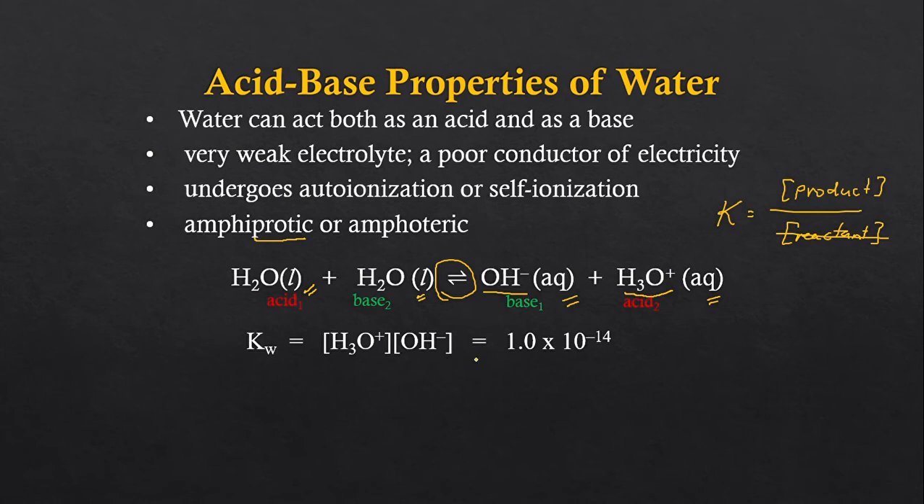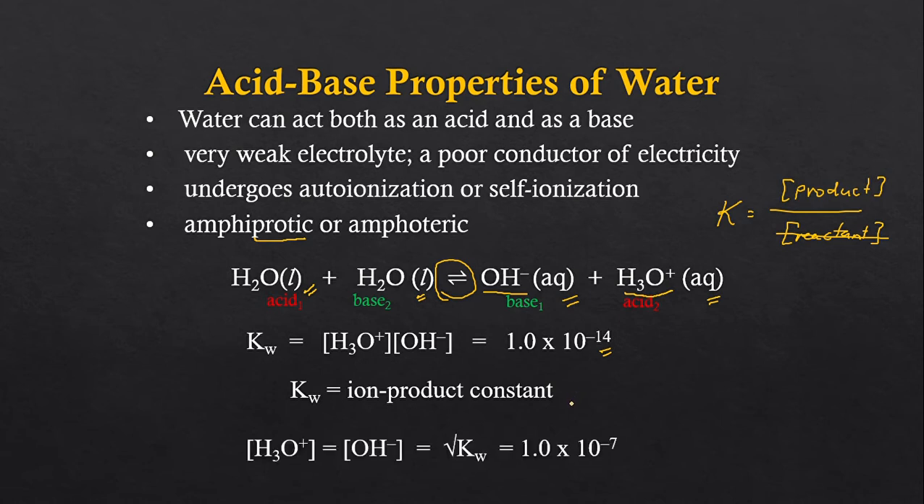Now, at 25 degrees Celsius, it was found out that the equilibrium constant or the ionization constant of water is this. Okay? So, it's 1.0 times 10 to the negative 14. Or, yung Kw dito, this is the ion product constant of water. Okay? And this is equivalent to 1.0 times 10 to the negative 14 according to experimental data. Okay? So, therefore,